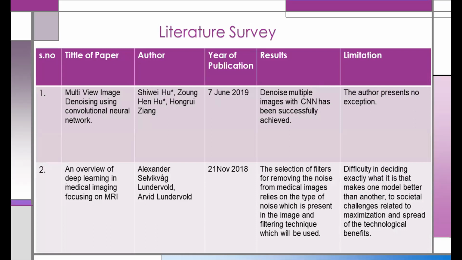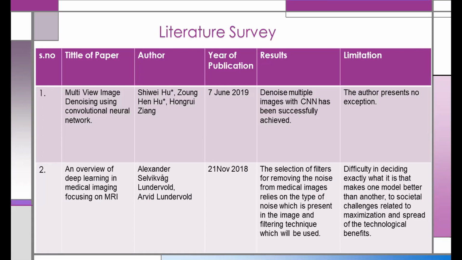So in basic terms, or in layman terms, if I have to make you understand this, that means we take the image, we segregate the image into different parts, and we check how much noising factor is present there, and then we combine those images to form one image, which is the residual image. So we are having residual learning here also. We train the model with supervised learning also, but in this paper the author presents no exceptions, meaning that the paper was quite good.